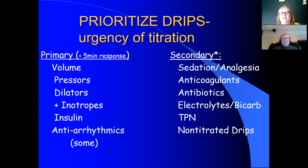Other things I can do are less significant. I'm still going to initiate them immediately or as quickly as I can, but I'm expecting it will take longer. Anticoagulants don't work within 5 minutes. Antibiotics, I don't see. Don't you wish we saw an antibiotic response within 5 minutes? Wouldn't that be fantastic? But we don't. Antibiotics, we're typically thinking 48 to 72 hours,